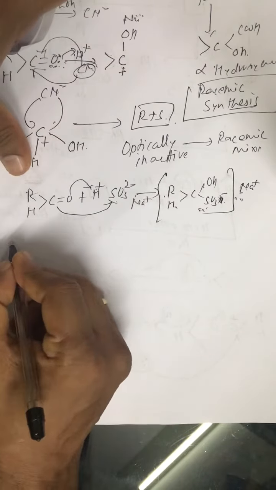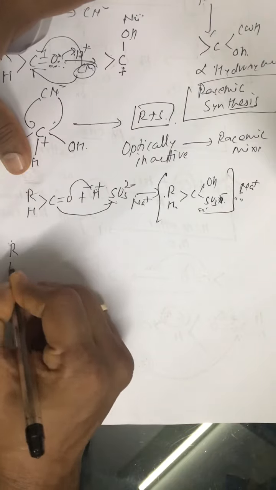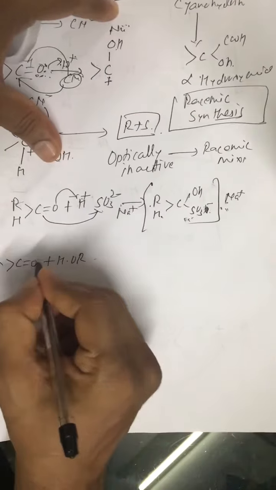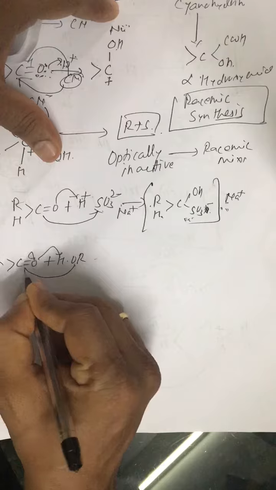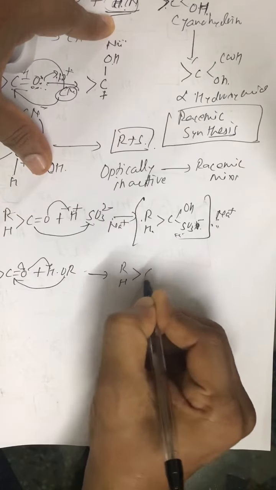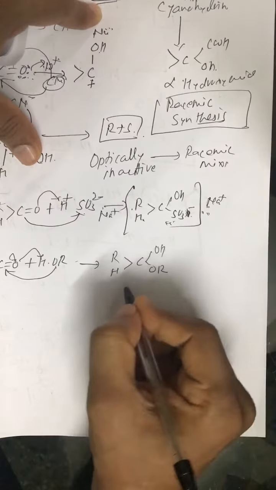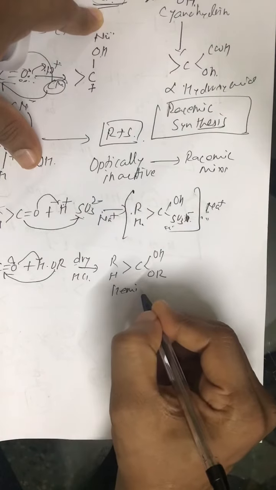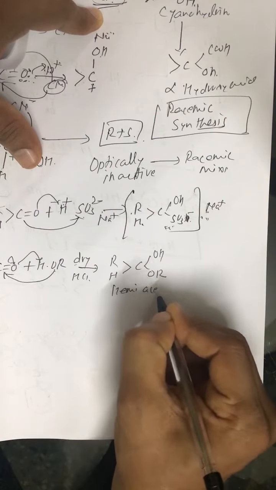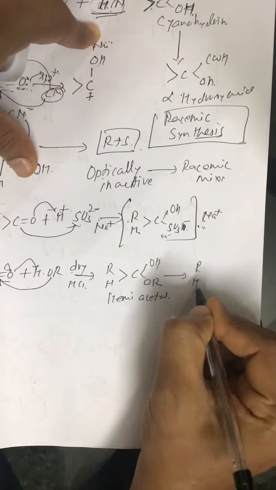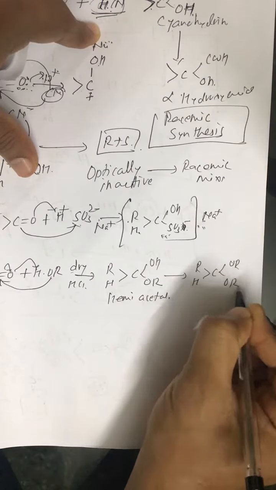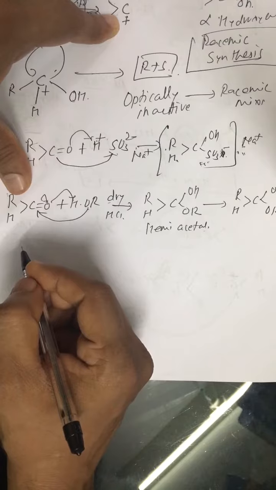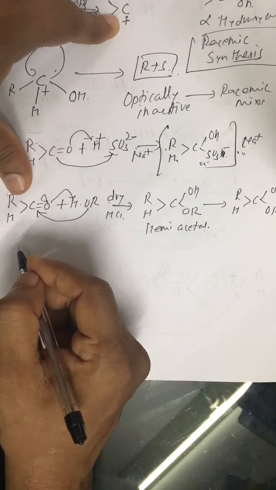Then the reaction with alcohol is also important. Aldehydes react with alcohol to initially give a compound having two functional groups, that is OH and OR. This is called hemiacetal. This reaction is carried out in the presence of dry HCl gas, and the product is hemiacetal. And finally we get acetal. Now one more thing, ketones do not react with alcohol directly to give ketals.